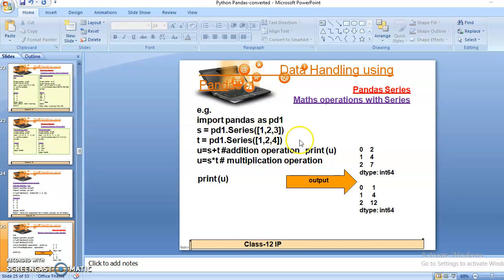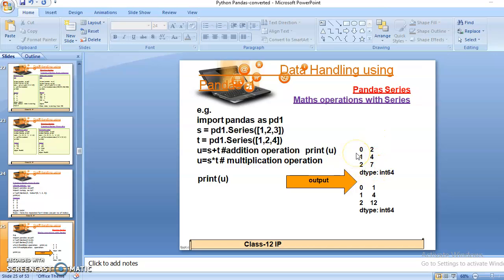So 1 and 1 becomes 2. Now 2 and 2 becomes 4, and 3 and 4 becomes 7. In this manner, this is the output of the addition operation on two series. The element at each position of one series is added with the element at the same position of the second series.